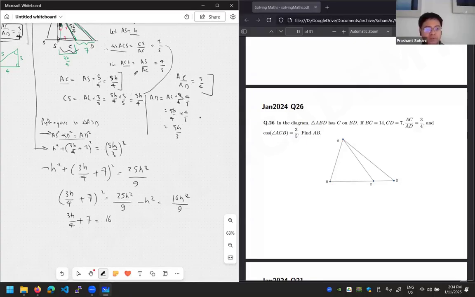In general, whenever you're taking the square root, you have to be careful whether you are taking the positive or the negative square root. But in this case, because everything is positive on both the left and right hand side, it is safe to assume that it has to be the positive square root. From this we can get the value of h. If I multiply everything by 12, I will get